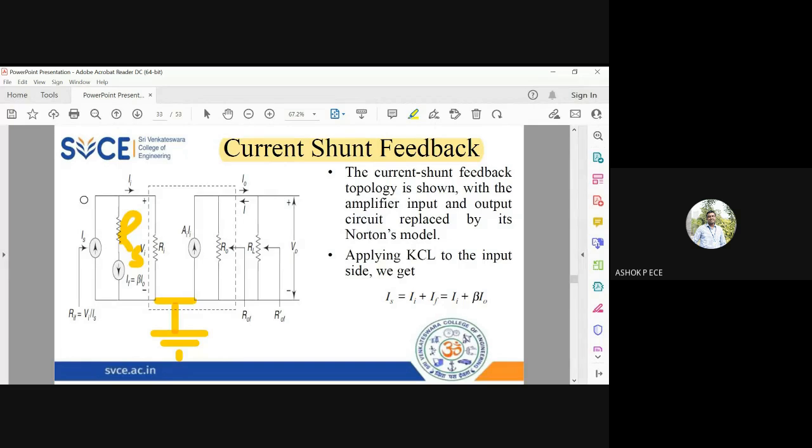So see here, on the input side you have a current source, and on the output side also you have a current source. So this is what we will first identify, what is the current